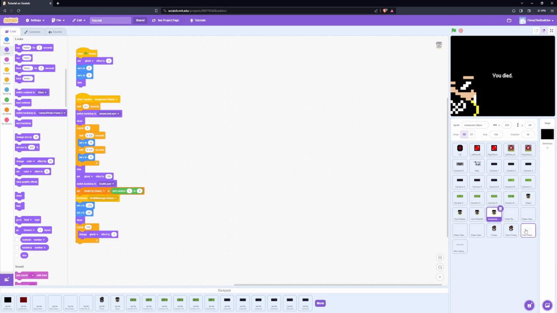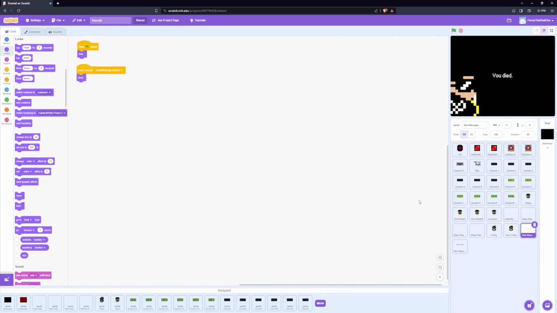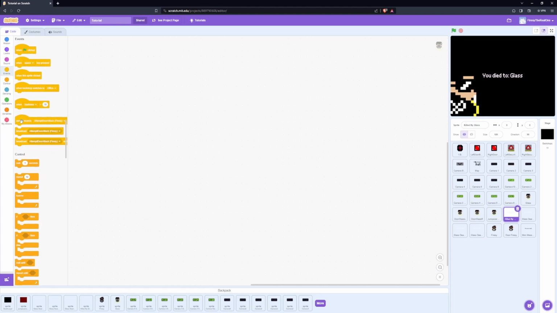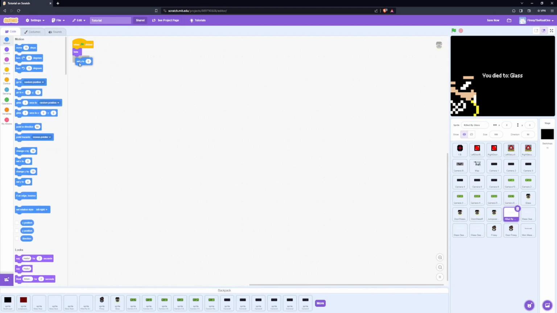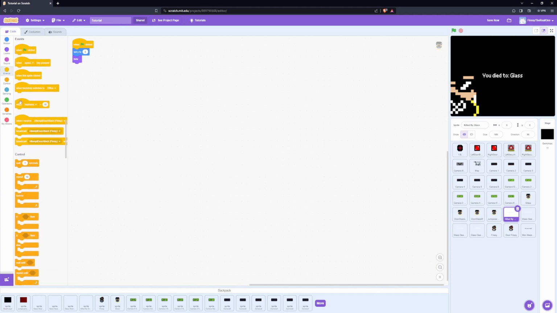So in my case, I actually don't keep the "you died" message because it's very simple, and I prefer to just show a message that says "you died, killed by" the name of the enemy. So we're going to put that when the game starts, we always hide, and also we set Y to 0. You're gonna see why now. And when we receive death message,